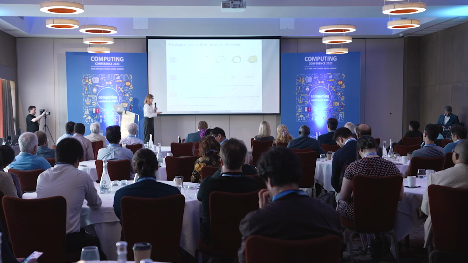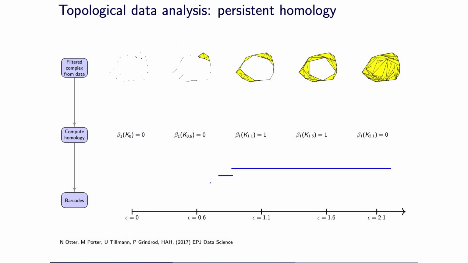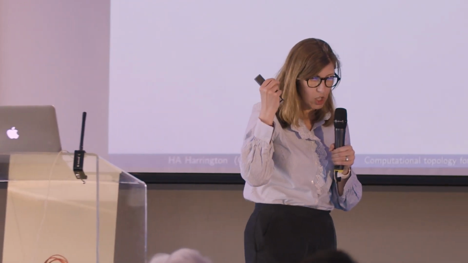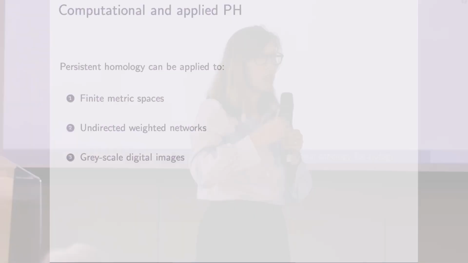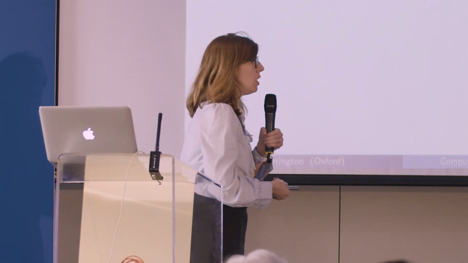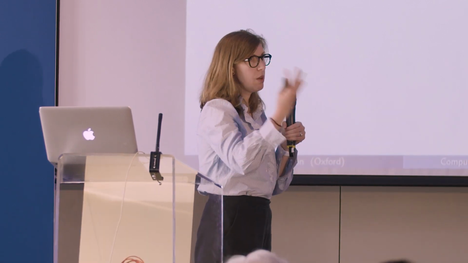This is my summary of what persistent homology is, and now I want to give you a flavor of the different directions that we're going in, different ways that you can apply this persistent homology algorithm. It's not just the point cloud data that I showed. It's really versatile. So you can use it with undirected networks, weighted networks. So examples are in fMRI. Neurotopology is a very large field now. The Blue Brain Project has used it.